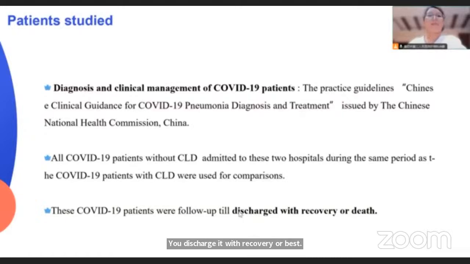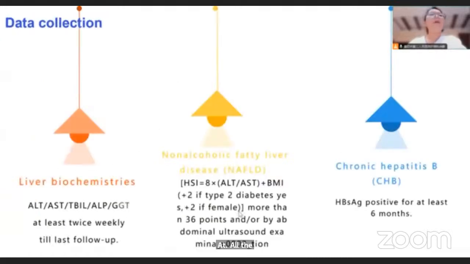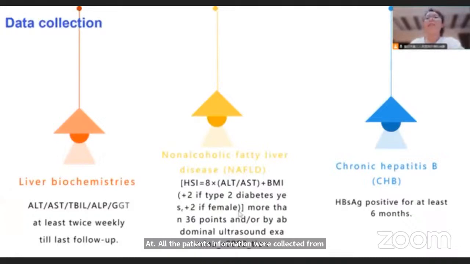Data collection. All the patients' information were collected from medical records. All patients had ALT, AST, TBIL, ALP, and GGT on admission and then at least twice weekly till last follow-up. NAFLD was identified as hepatic steatosis index more than 36 points and/or by abdominal